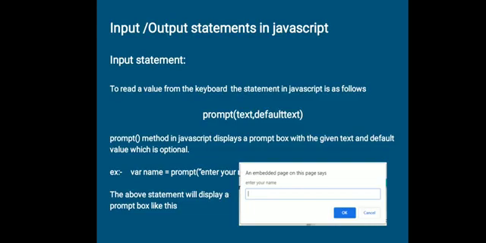So if we are dealing with numbers, you have to apply parseInt or parseFloat depending on our requirement on the prompt function. The prompt function returns a string value that should be converted into integer or float if we are working with numbers. So this is about the input statement available in JavaScript.